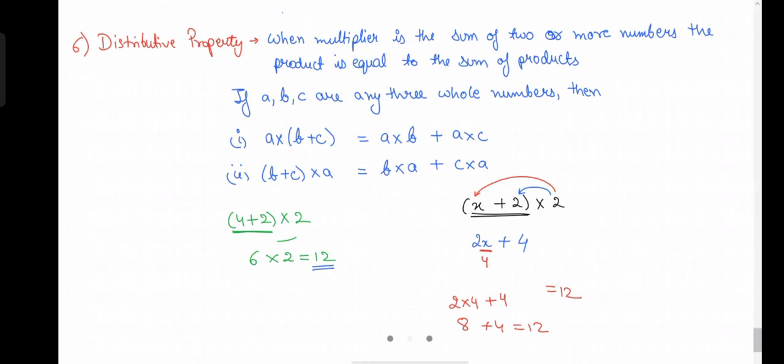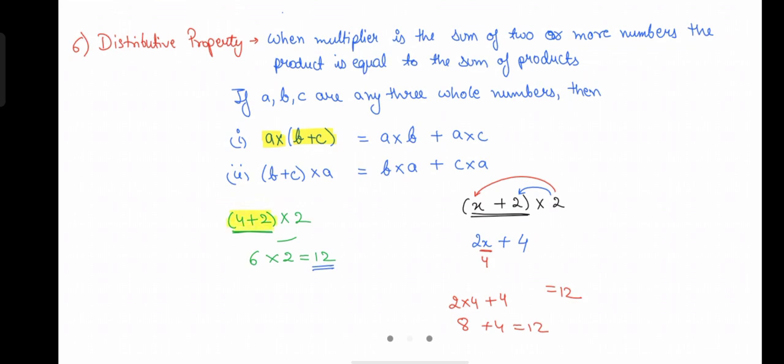Let's understand again what is happening. We have one number which is kept outside. Either it could be written in this way or it could be written in this way. That is the same way. I'm going to come to the second way soon, but let's understand the first one first. That is, a multiplied by b plus c. What does this say? That two numbers are being added up and then you're going to multiply that sum with something. So in that case, you can add the two numbers and then multiply it with whatever you want to,